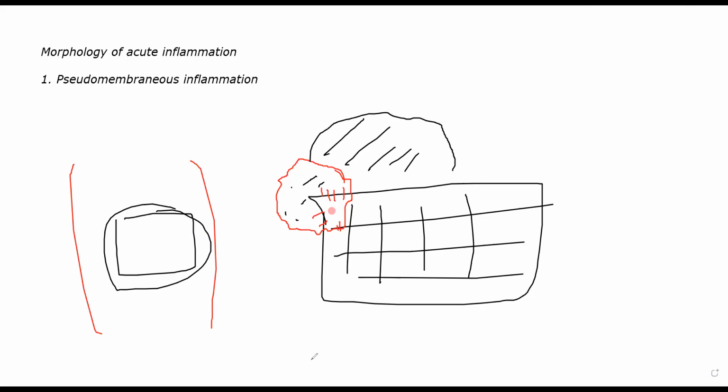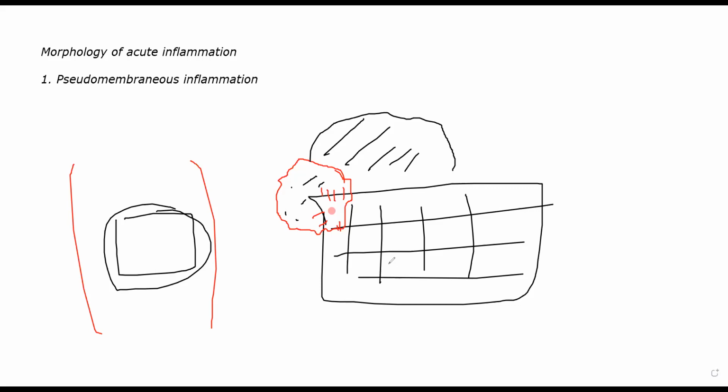Just to recap, there is damage to any particular area. Here the damage is from bacteria or from an irritant gas, from whatever. Normally it occurs on a mucosal surface. Okay? You can take any tissue, but more often than not, there is a response of mucosal surface. On the mucosal surface, as cells are getting damaged, plasma will start exuding out, macrophages will start entering the area, and that area becomes very proteinaceous.